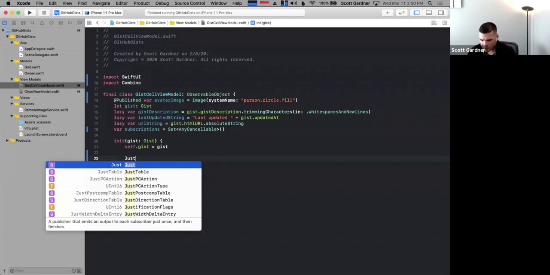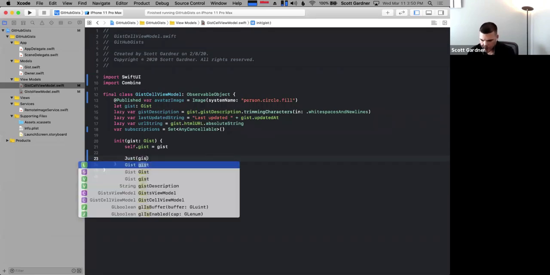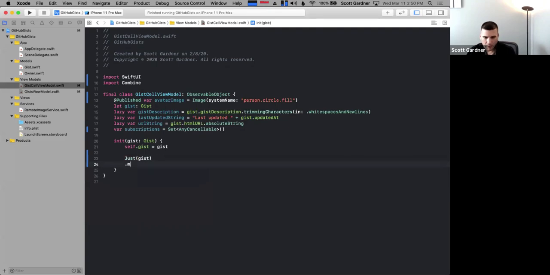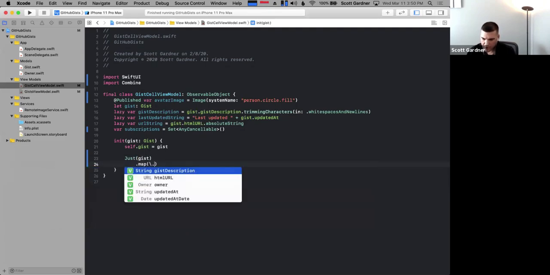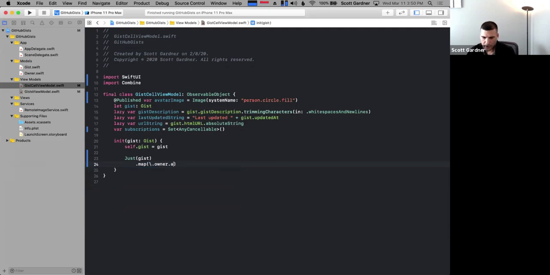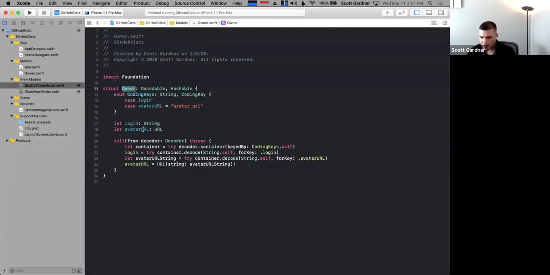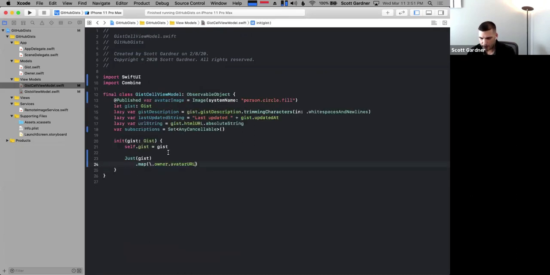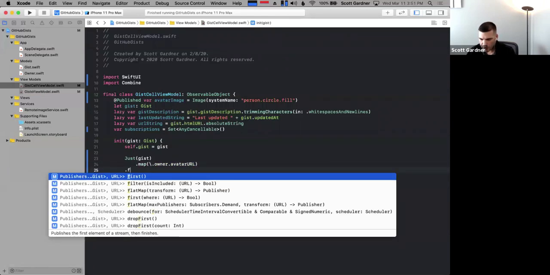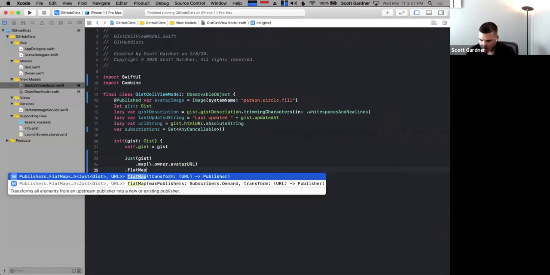And then we're going to once again create a publisher from that gist, just passing it to the just constructor. We're going to map, and this time we're going to use the key path to go to the owner's avatar URL. If we jump into the model definition of gist for a second, we see that it has an owner property, and in that owner property, it has the avatar URL. So we're just using dot syntax through the key path to reach into that gist's owner's avatar URL. Then we're going to flat map to a